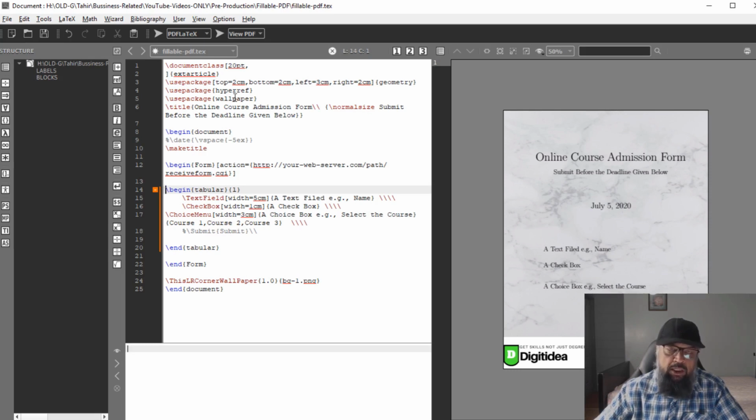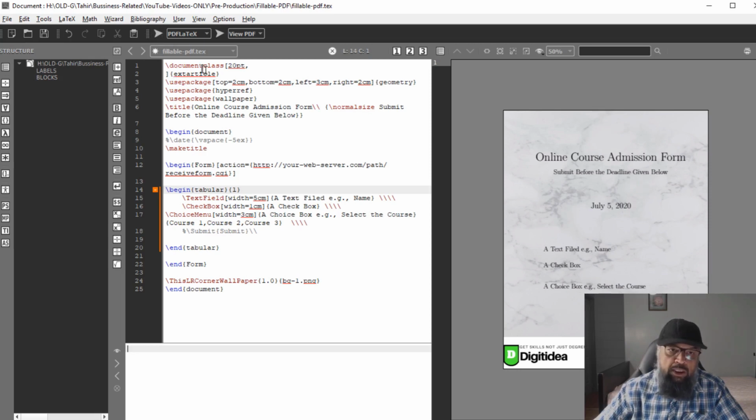If you have any question, again you can put it in the comments. Once you have installed LaTeX, then you open the LaTeX editor and you can start typing these few lines which I am going to explain now, and then you compile by using this arrow sign here and the PDF will be produced.